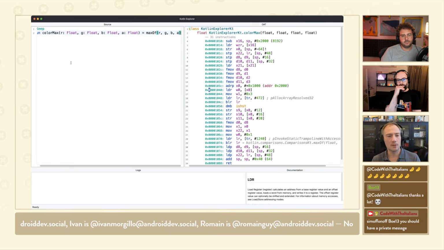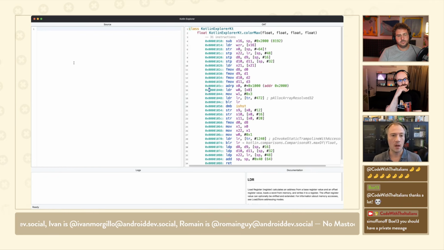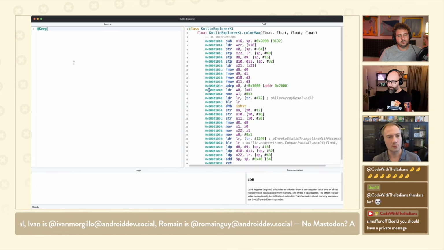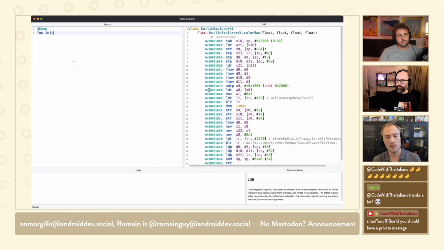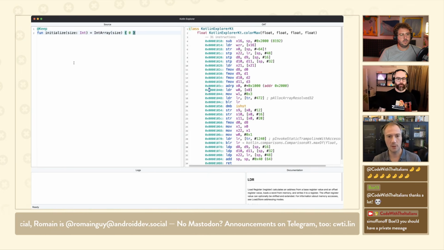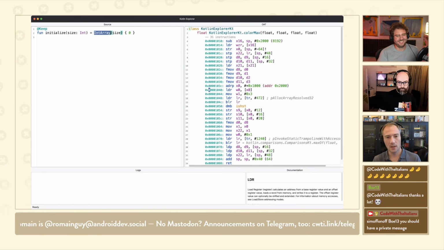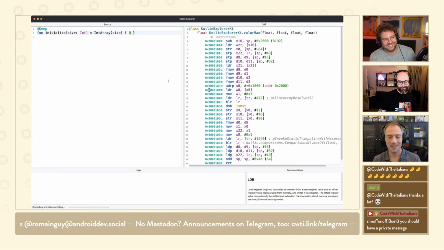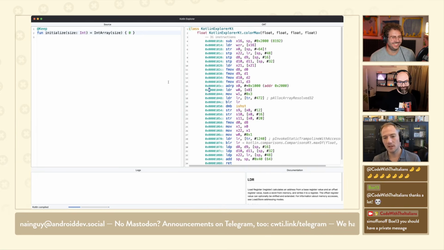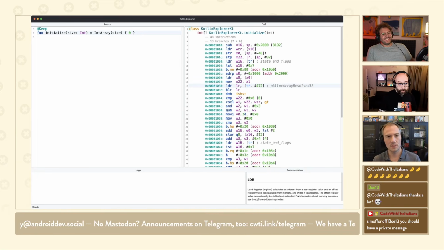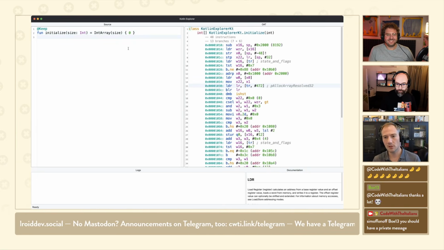Let's see. Here's another cool example that I've seen recently. Speaking of arrays, let's say we want to create an initialization function that takes a size and gives you an int array, and we want to make sure that everything's initialized to 0. Cool, right? Create an array, here's the size of the array. This one's fun, and there's no one to blame. Here we go: 48 instructions, 13 branches. What's going on here?